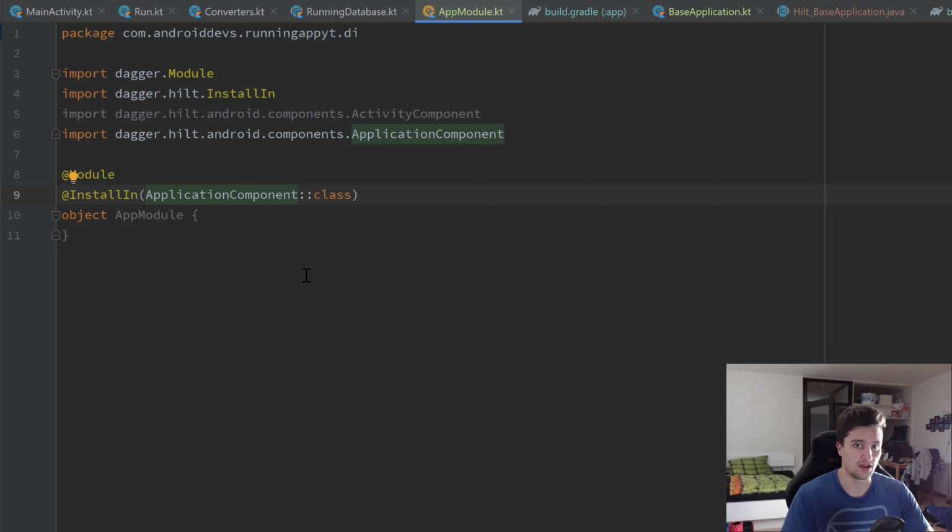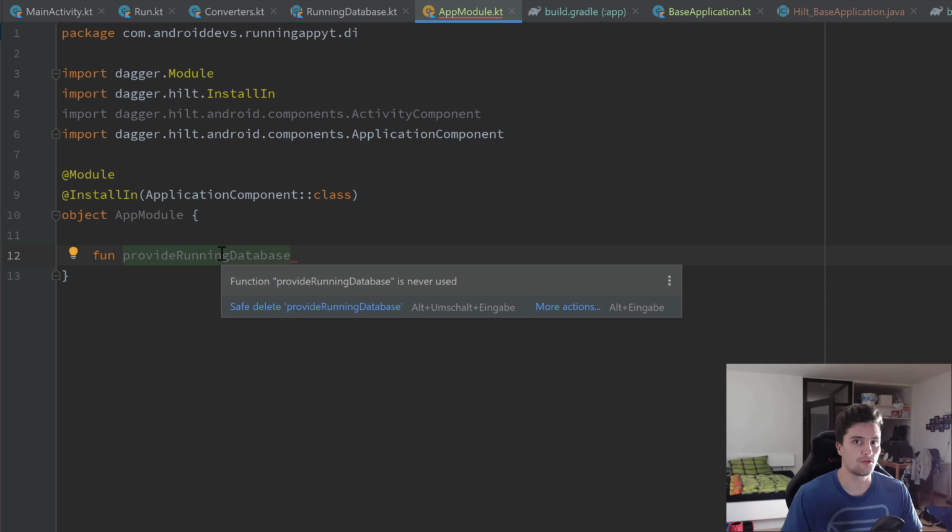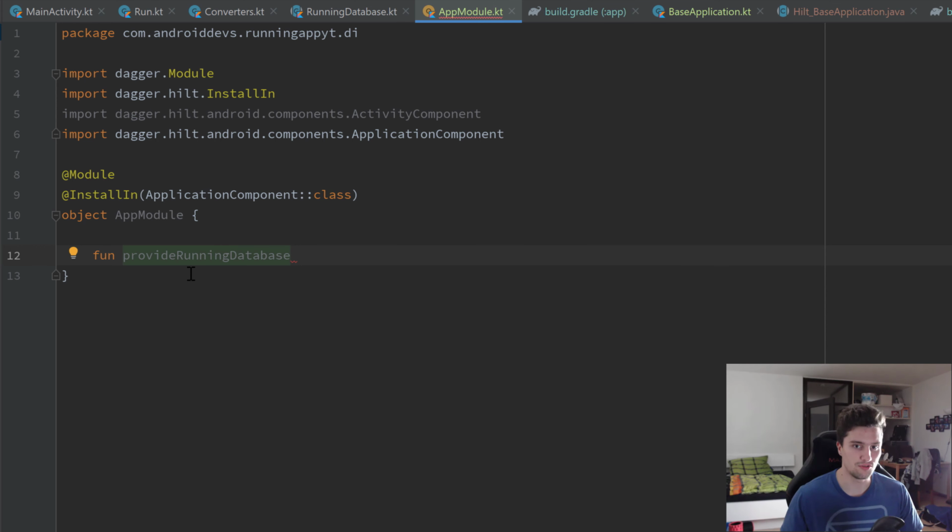But let's actually define such a function in which we will create our running database, so you actually see how that works. Let's define that as a function, and I will call it provideRunningDatabase. So that function will provide a running database for a class that will use that running database. And that will be equal to